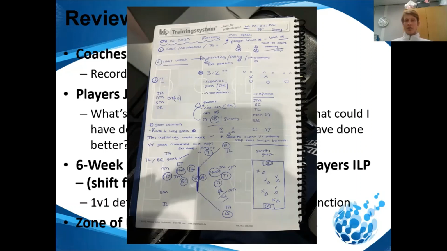I've got that player, YY, good movement, but drops too deep, so he needs to play as a 9. So I've got BC good with a tick, and I know that's good because when he got the ball, he drove at the heart of defence because that's one of his RPs we're working on at the time. So this is the sort of thing you've got.